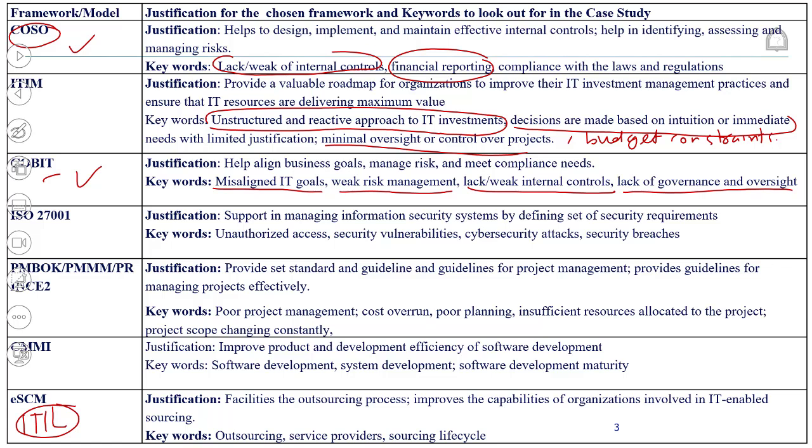Yeah, things like unauthorized access, security vulnerabilities, then you should think of ISO 27001. Then you've got things like poor project management, cost overrun, for example poor planning, insufficient resources allocated to the project. Those are typical problems that occur when you don't have